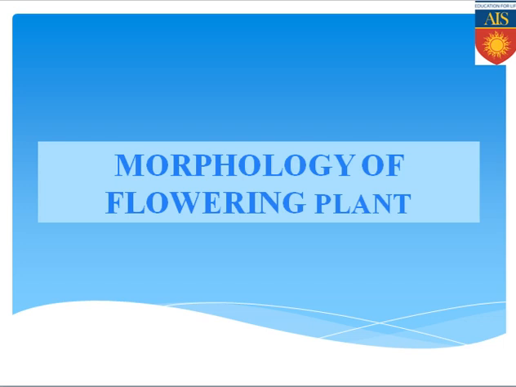So this is the next video that I am making, based on the next chapter, that is the morphology of flowering plant. In this specific chapter we will be studying the various morphological parts present in the plant body, such as root, stem, leaf, fruit, flower, seed, all these portions. So let's start this chapter, morphology of flowering plant. This is the first chapter of unit number 2 in class 11.